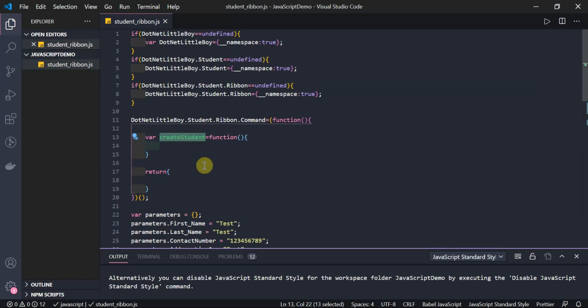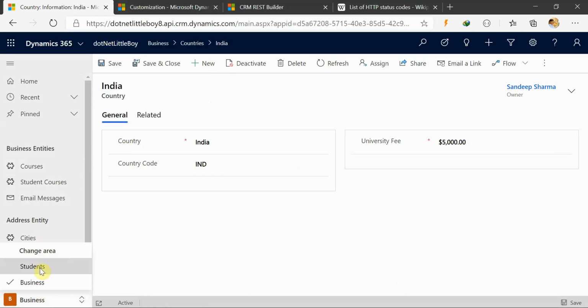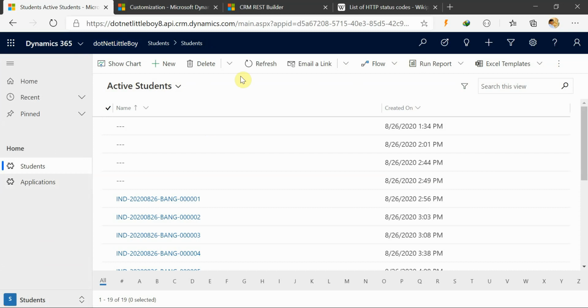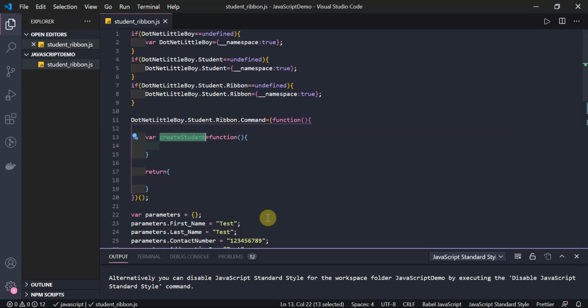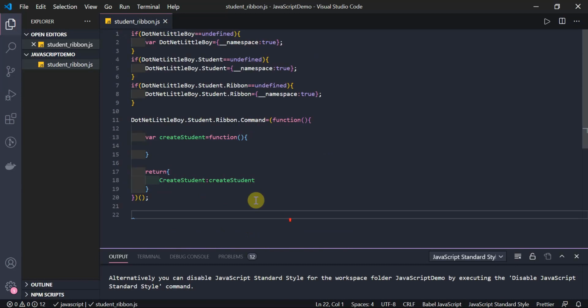These functions we can return in the statement, because this function we have to register on the ribbon button, right? The ribbon button which we will create on the student form, the student home screen. There we have to register it, so I have to return this function from this JavaScript. That is why I will return this function here. If you have more functions to return, you can give a comma and then write those functions here. You can keep the same name for both, but I will take this with a capital C, so this is CreateStudent. Inside that I will be writing my logic. Usually this is my logic of the code, so I'll copy this and put it here.